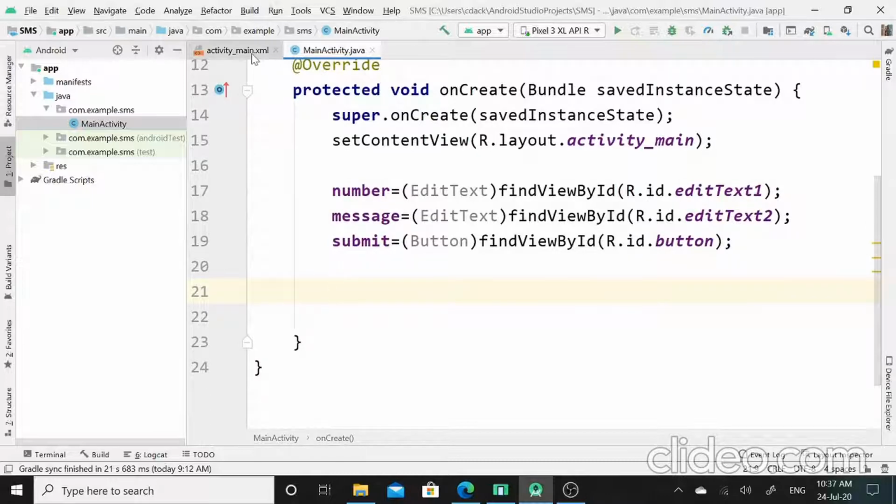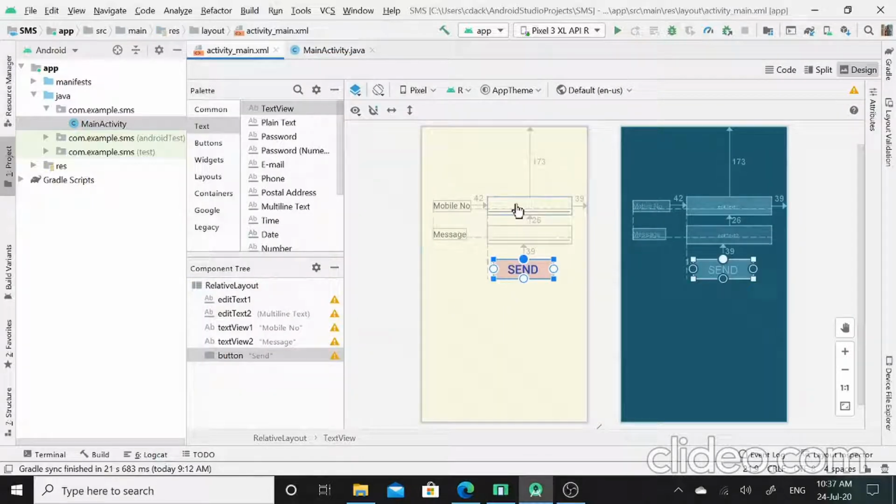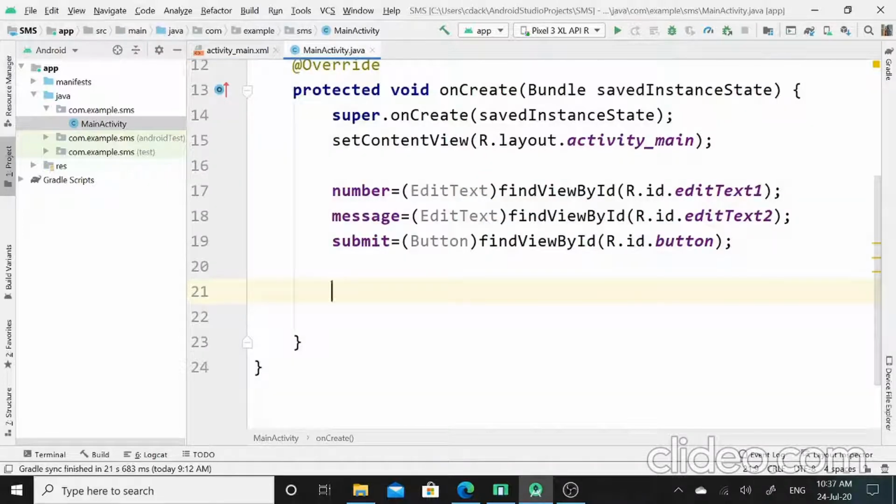Now next what I have to perform: when user enters the mobile number over here and desired text message over here, when user will click on send button, the appropriate message must be sent to the entered contact number. So to do that, I will call setOnClickListener method. So I will take the help of submit reference.